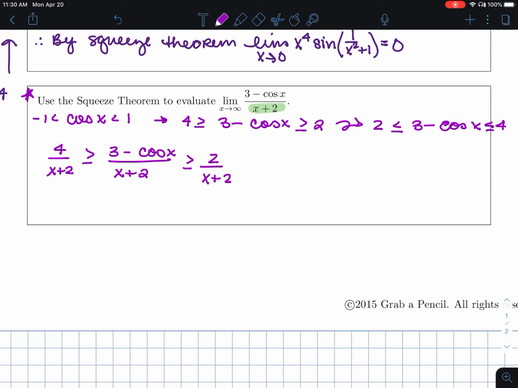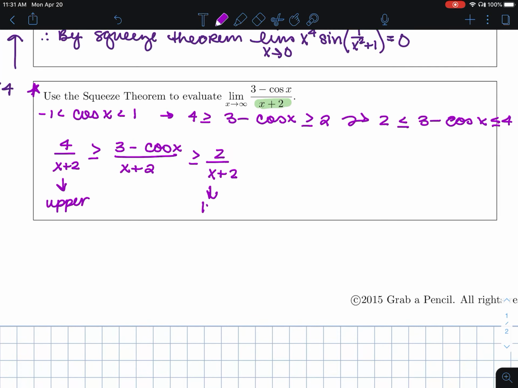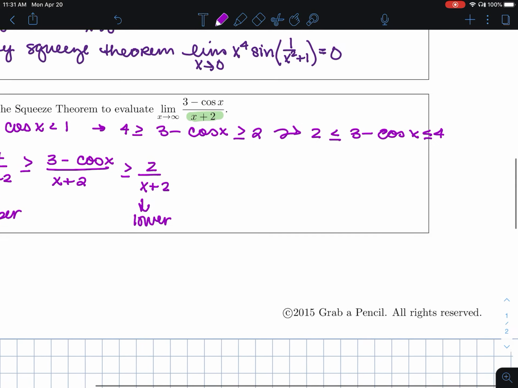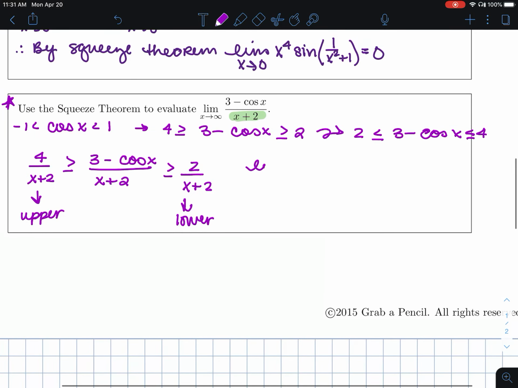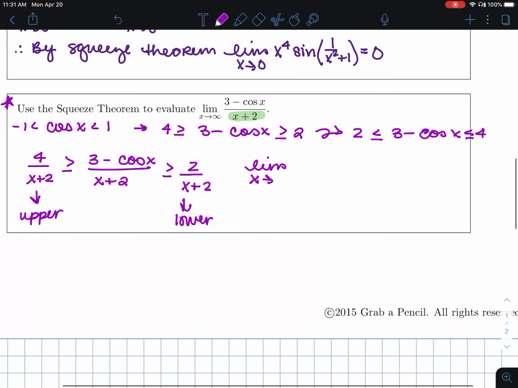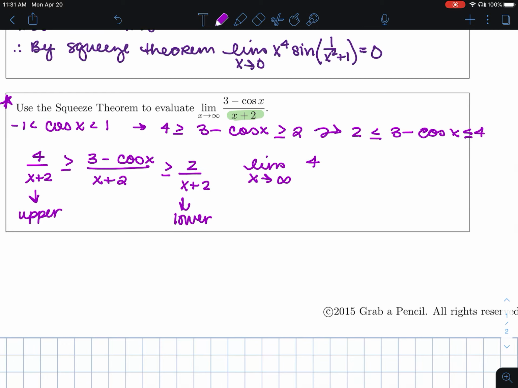Okay, and so now we're going to evaluate the limit of the upper function and the lower function. And so what we will see here is the limit as x approaches infinity of 4 over x plus 2. Now, when we approach infinity, what we're really talking about is end behavior. And so the end behavior for both the upper and the lower is going to be the same